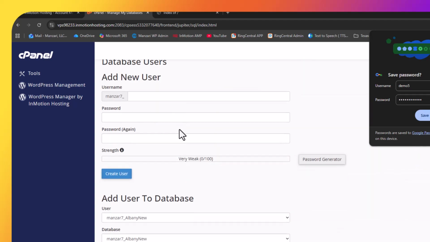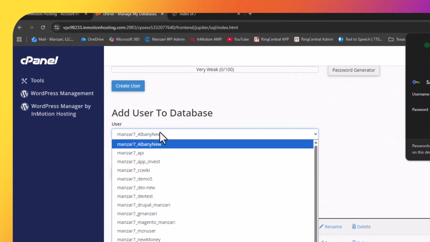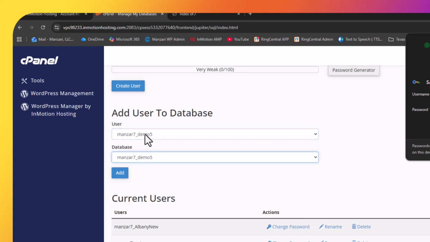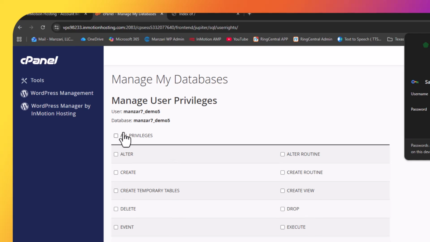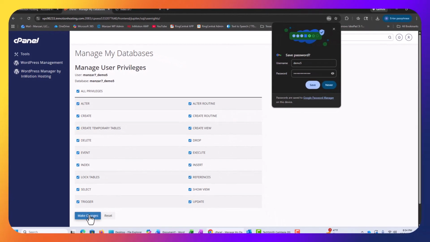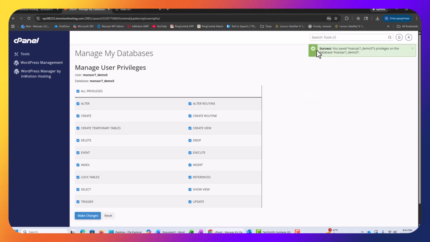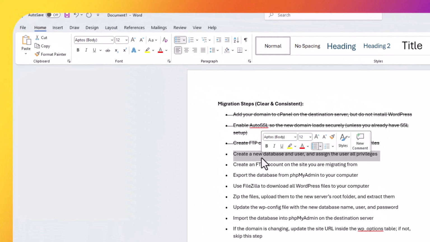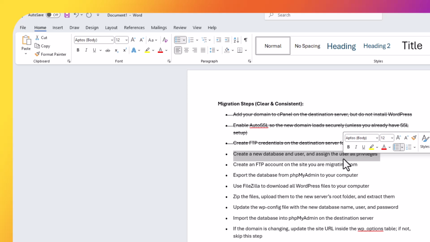All right, now what we need to do is come down a little bit further, and we're gonna find the user that we just created, which is demo5, and we're gonna assign it to the database. So demo5 user to the demo5 database, click add, and then on this screen here, just choose all privileges, and then hit make changes. And then you'll get this little success message letting you know everything was done successfully. So just click up here at the top left on the cPanel icon to go back to your cPanel. All right, so we're done with the database, the user, and the privileges, so we can cross